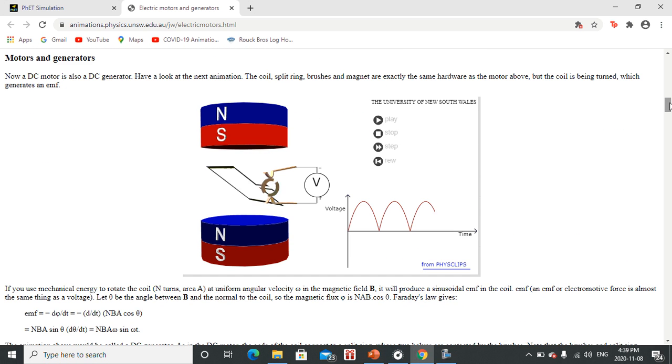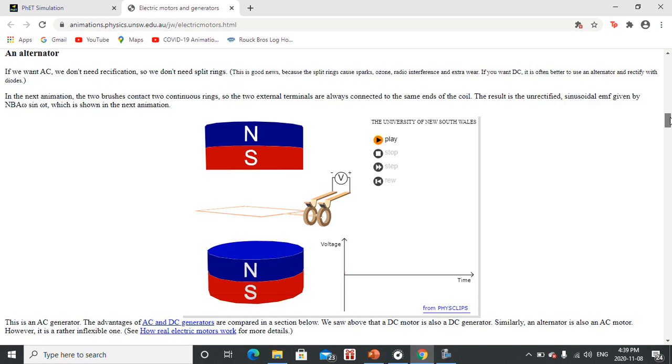At the bottom here is for generators. So they do say here that the DC motor and the generator, they look exactly the same. Only now, instead of having something that is generating the current, we're going to be turning this. We're going to be physically rotating it, and that's going to generate a voltage, and that's going to generate a current. And this is the graph again that we saw before, which is the shape of the voltage that we would see that is generated from a DC generator. And finally,